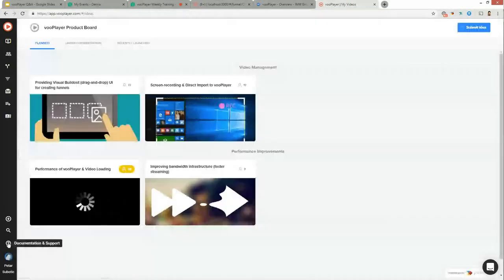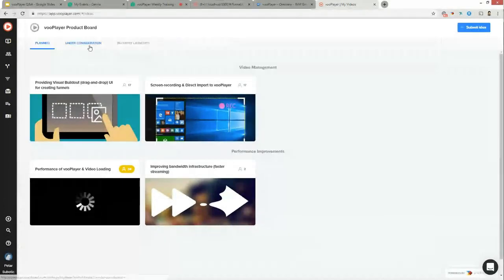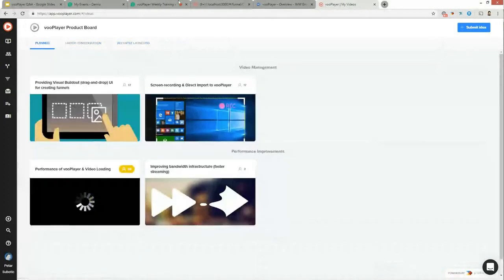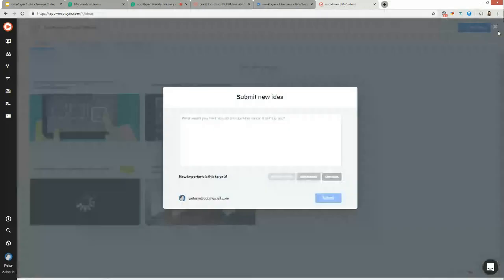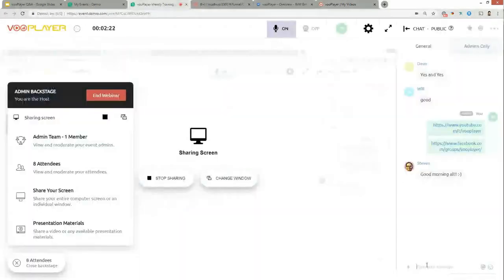You can do that when logged in by clicking over here on documentation and support and clicking on submit and vote on ideas, where you can see stuff that we're working on, stuff that we're considering doing, stuff that's been recently launched, etc., as well as the ability to submit a new idea. Let me share a link to that as well.